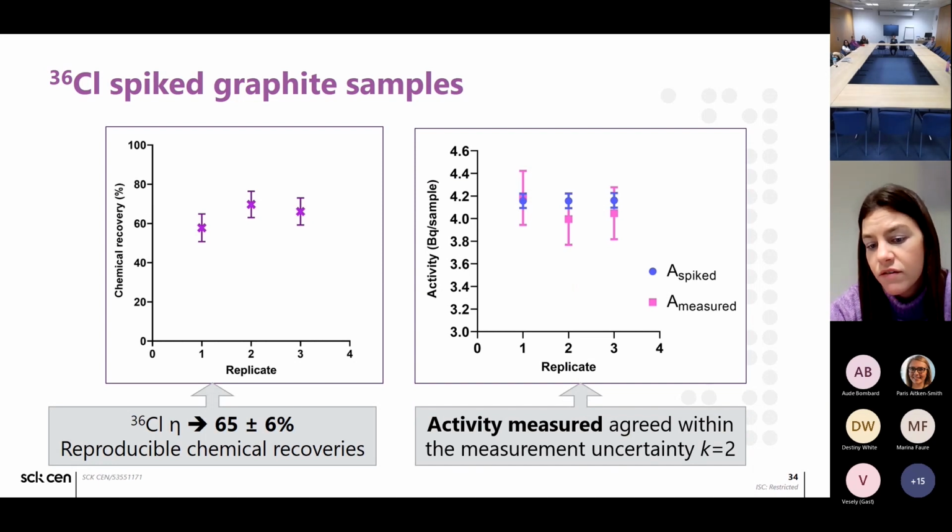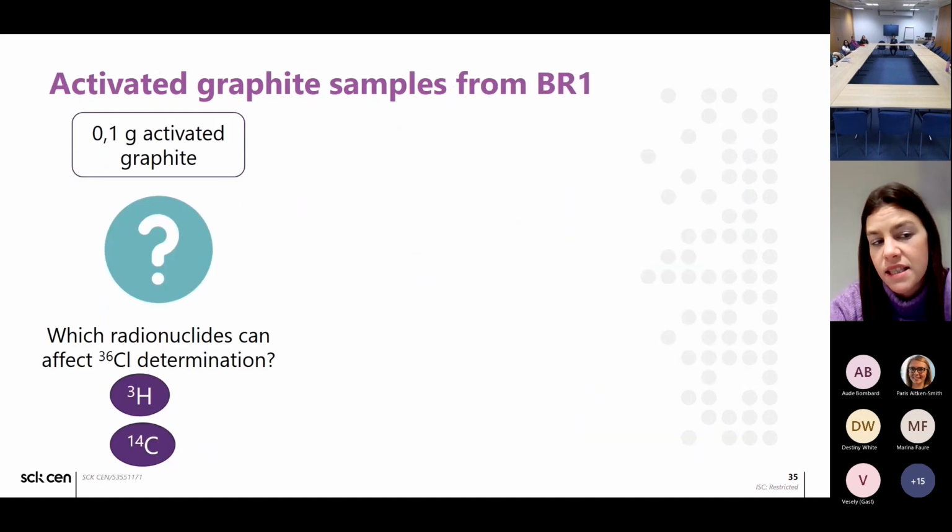And as you can see on the graph, the activity measure agreed within the measurement uncertainty with the activity spike. So then the last step was applying this procedure in a real activated graphite sample, in our case from the Belgian reactor 1. So we took 0.1 grams of activated graphite, and one of our targets at this point was